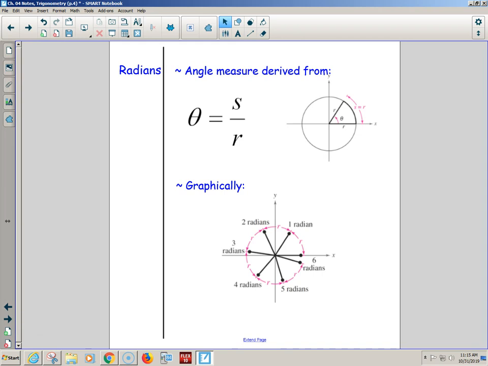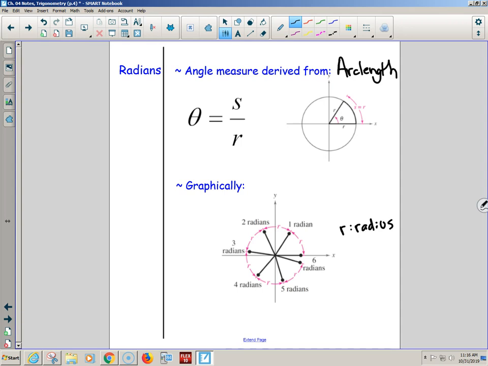You realize radian is the bigger unit of measure, right? A radian has to do with arc length. Okay? So over here, angle measure derived from, we're going to go to the formula in just a second, but it has to deal with arc length. If you guys realize when you were looking here, when it said 1 radian, do you see how there was 1 R? 2 radians, there were 2 R's. 3 radians, there were 3 R's. 4 radians, there were 4 R's. 5 R's, 6 R's. Wait, what's R with a circle? Radius. Oh, radians are really just little tick marks of radiuses?